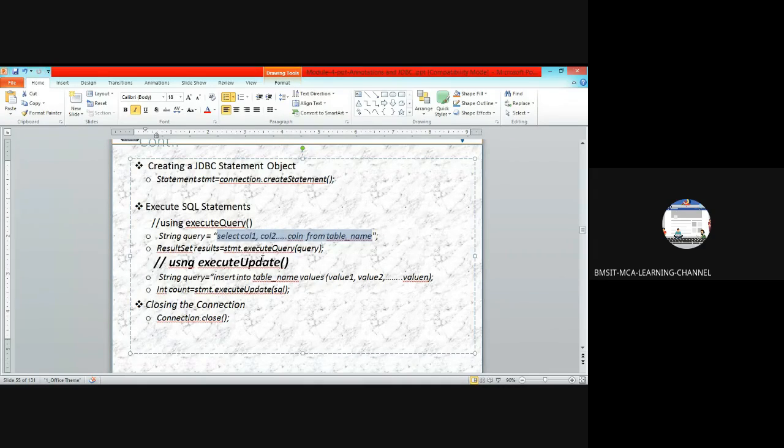The executeUpdate method is used when it is going to change the state of the database, when it is going to insert, delete, or modify a record. In those cases you are changing the state of the database, so the executeUpdate method can be used. Here you are just reading the content, so executeQuery. Here you are modifying, inserting, or deleting. Modify involves insert, delete, update. So for those queries you use the executeUpdate method on the statement object.